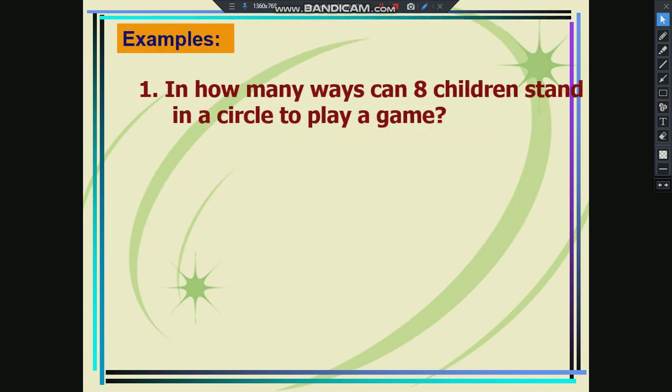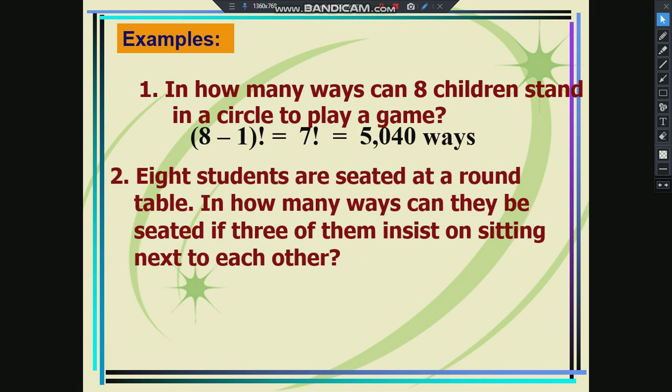Example, in how many ways can 8 children stand in a circle to play a game? So we will have 8 minus 1 factorial, that is